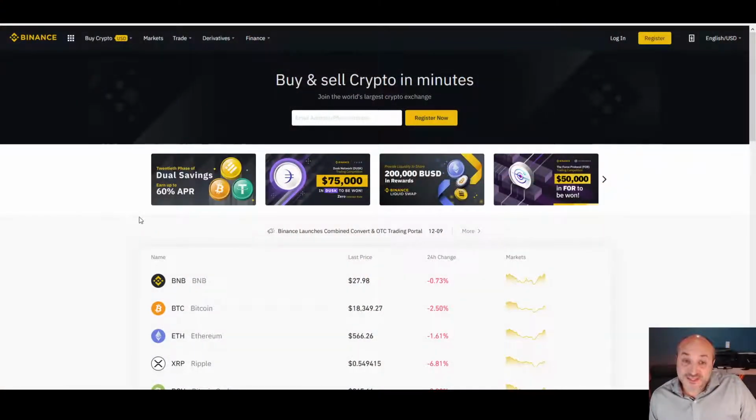So today I'll be talking about a crypto exchange platform called Binance. What is it exactly? Well, Binance is a platform where we can buy cryptos and sell. So it's not just Bitcoin. They have hundreds of different kinds of crypto that you can buy, and you can also trade them. So if you would like to diversify yourself and buy different kinds of crypto,